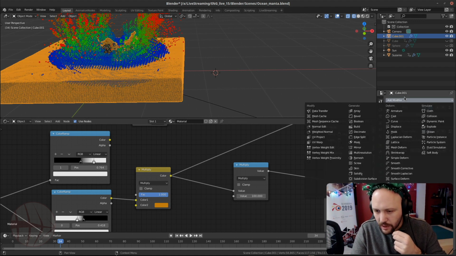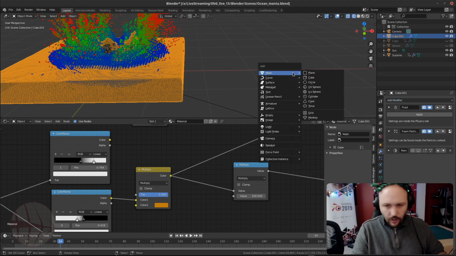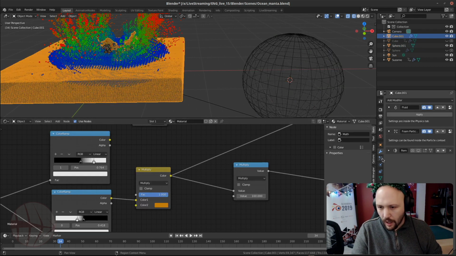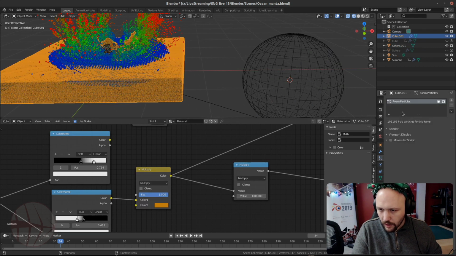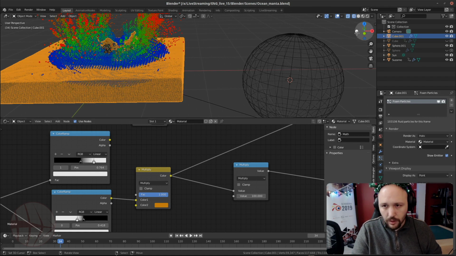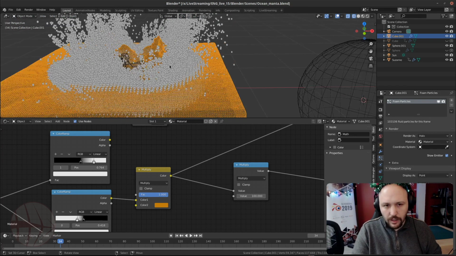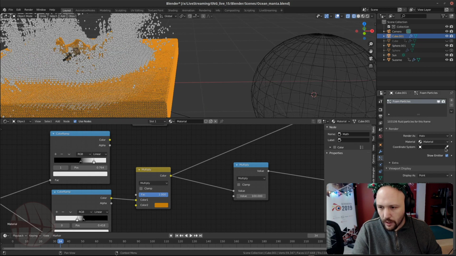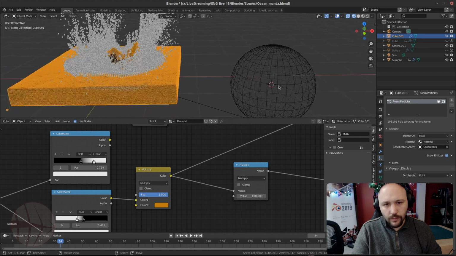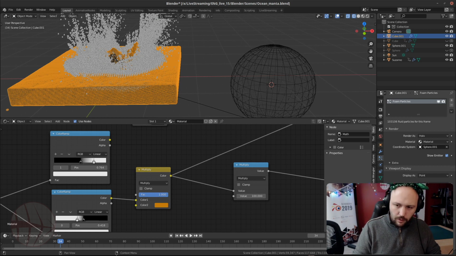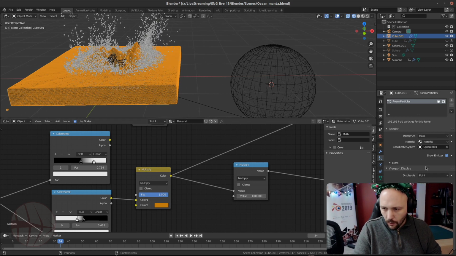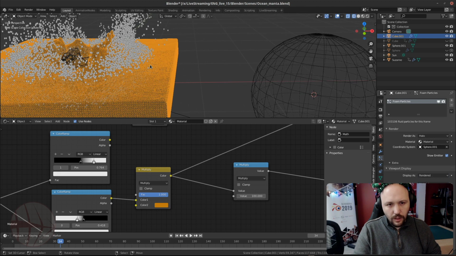We can try the old way of doing things. So we generate a UV sphere, and we go here to the foam particles, and we have render and viewport display. For viewport, I'm going to use points, and I'm going to use material, it is white, and I'm going to use the sphere. And let me try one thing. We are going to reduce the viewport amount to 10%, and now we can select this render, and we can see